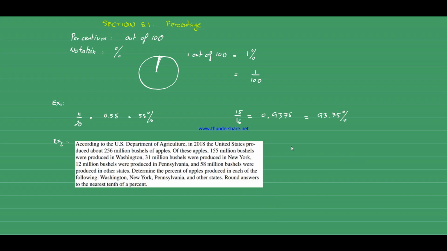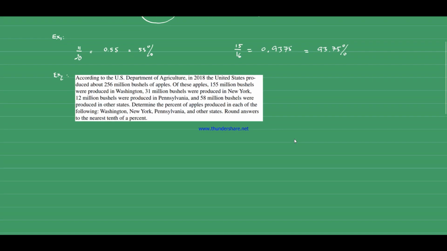Okay. Let's work on this problem together. According to the U.S. Department of Agriculture, the United States produced about 256 million bushels of apples. Of these apples,